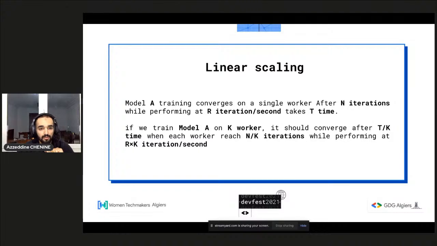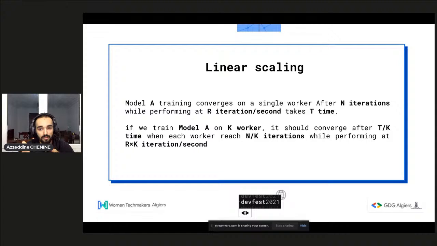So the challenge about distributed machine learning is linear scaling. And by linear scaling, what we mean is that model A training converges on a single worker after n iterations, while performing at r iterations per second, and takes t time. So if you have a model that will converge after n iterations, performing at r iterations per second, and it takes t time to converge, when you scale your infrastructure and use k workers, it should converge after